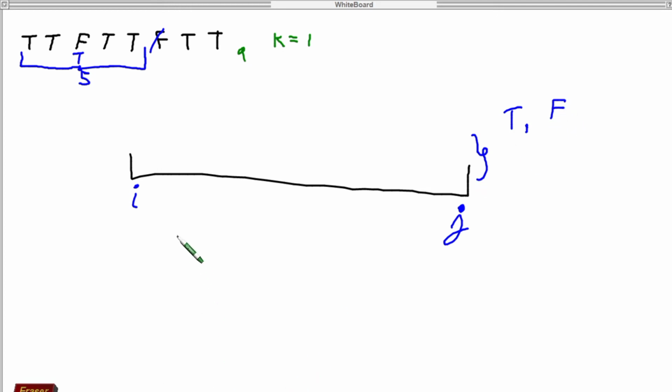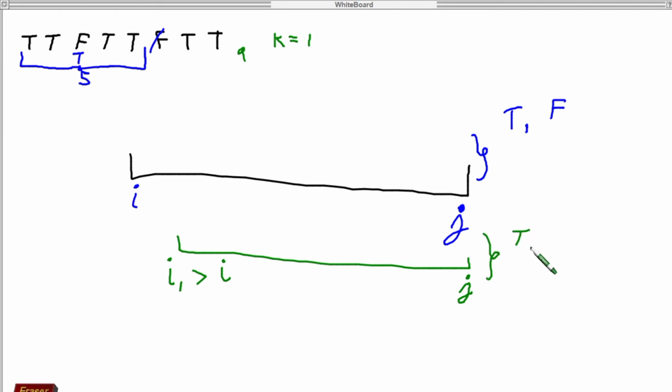Now let's say we have a string from some i1 to j, such that i1 is greater than i. Then we are sure that we can also make all characters of this string t or f.